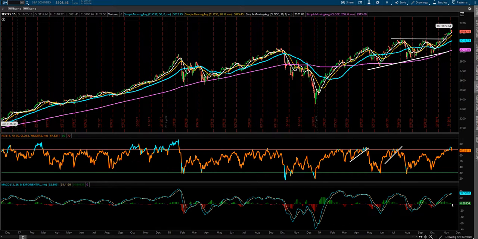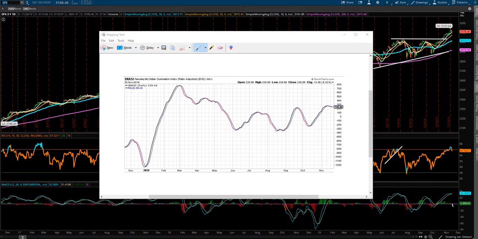And when we talk about reasons to be cautious, let's take a look at the NASI breadth indicator. You guys will notice I talk about this in almost all of my videos. It's because I really feel that this is a very important indicator to take a look at. It does a really good job of showing short-term where headwinds and tailwinds ultimately show up in the market. And what we were talking about before is we had this line drawn right here as a potential resistance zone going back to that bottom here of April in 2019, and we did not want to see us essentially fail right in this zone. Right in here is that resistance area.